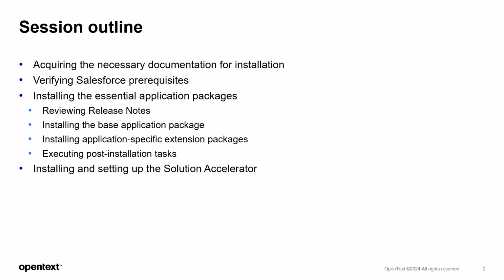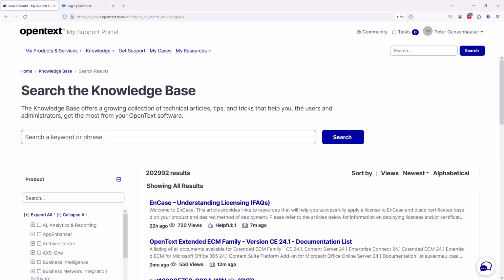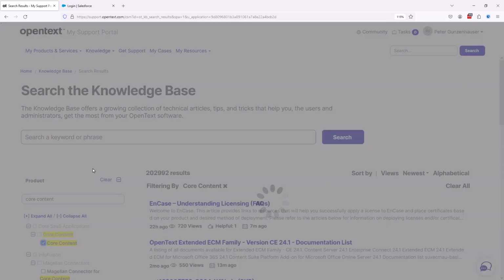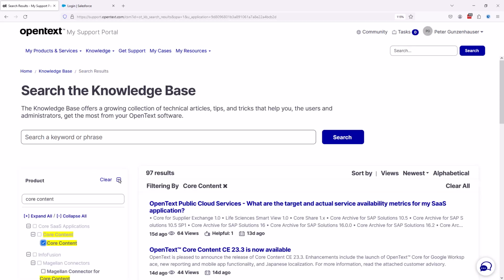Okay. Let's go to Knowledge Center, and here we are. In Knowledge Center, there's all the information you need for installation, so release notes, known issues, product documentation, configuration guide. It's all in here and can easily be filtered by these field criteria here. And for us, we're going to look for core content. And here we go. Let's filter that down to this particular area, and then we're going to look first for the release notes document